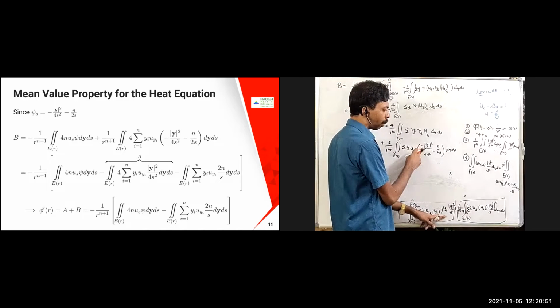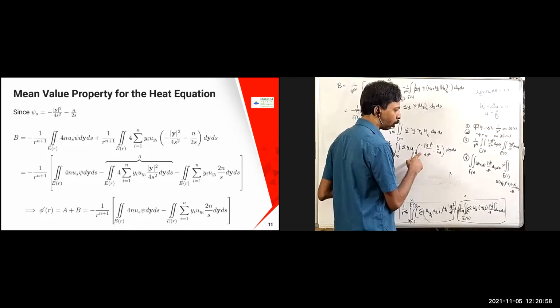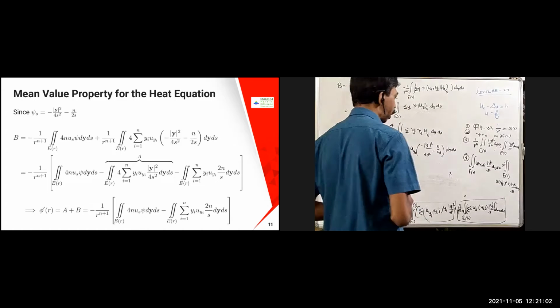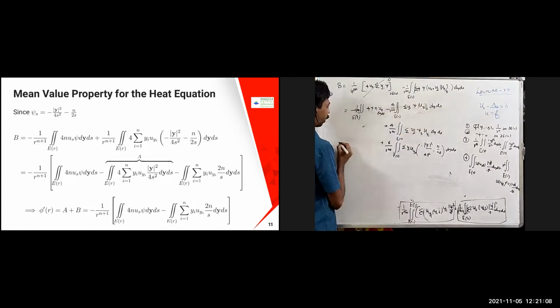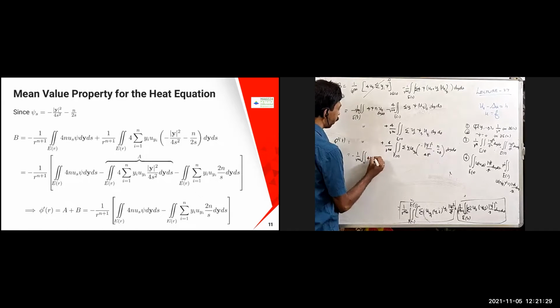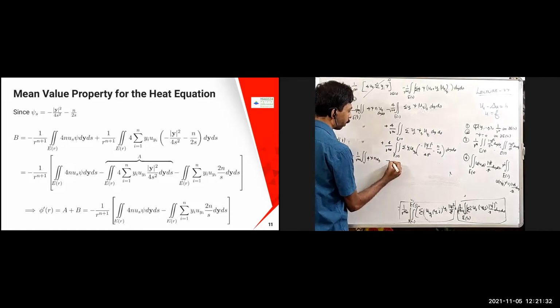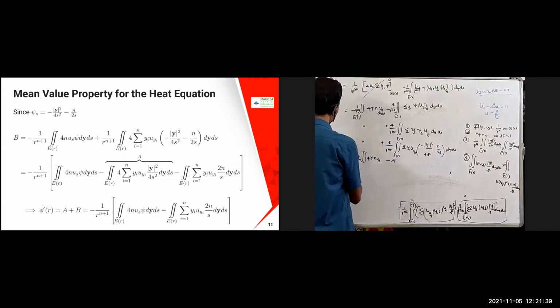Once I simplify this one, there is a minus term going to be there. Therefore, this up to this part I can write as A, and this I can write as B. So phi dash of R is going to become: let me write it as minus 1 by R power n plus 1, integral, 4 psi s, d by ds, minus A is going to come here. So this is B.